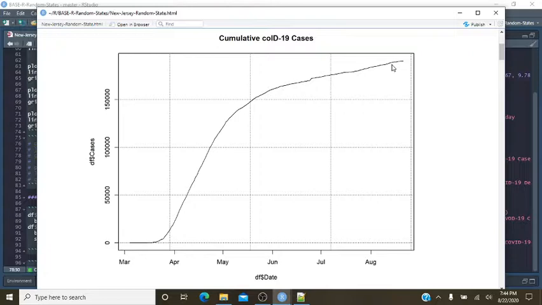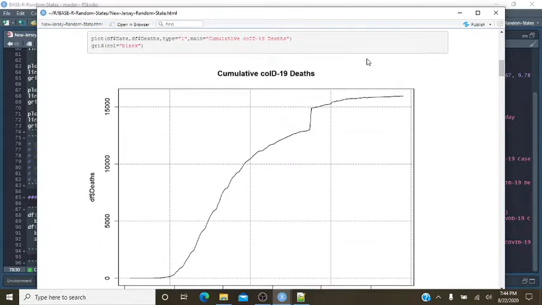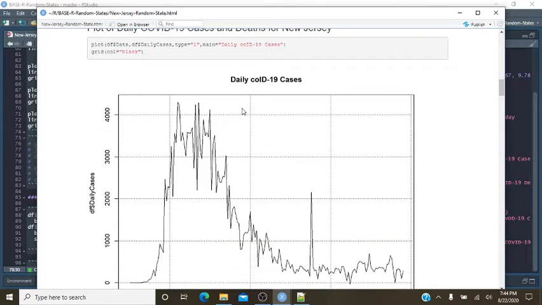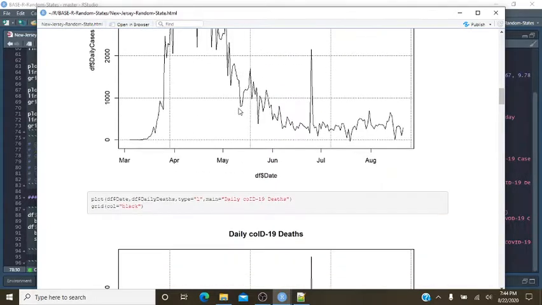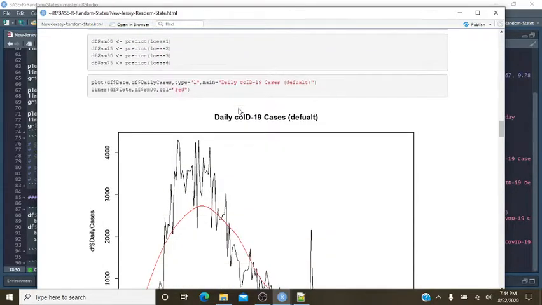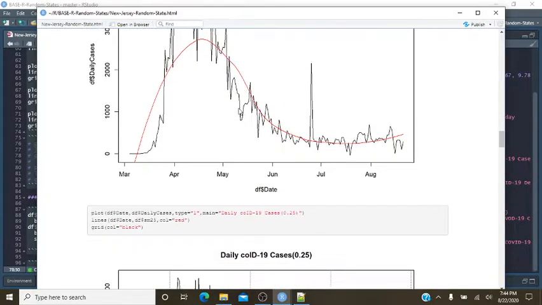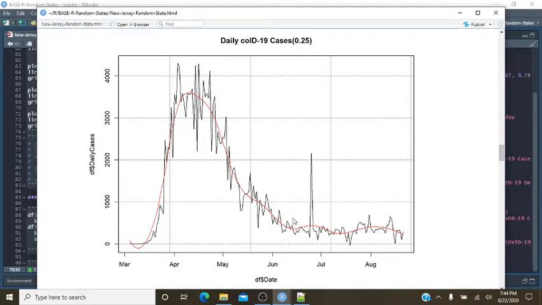The cumulative cases continue to decline. Cumulative deaths continue to decline. Cases, deaths, defaults, 25% looks good.